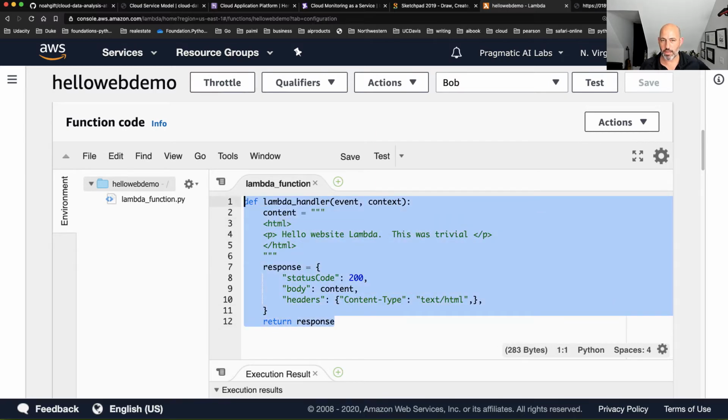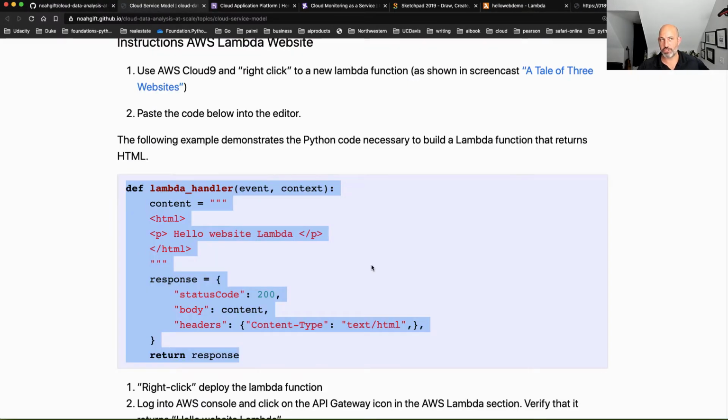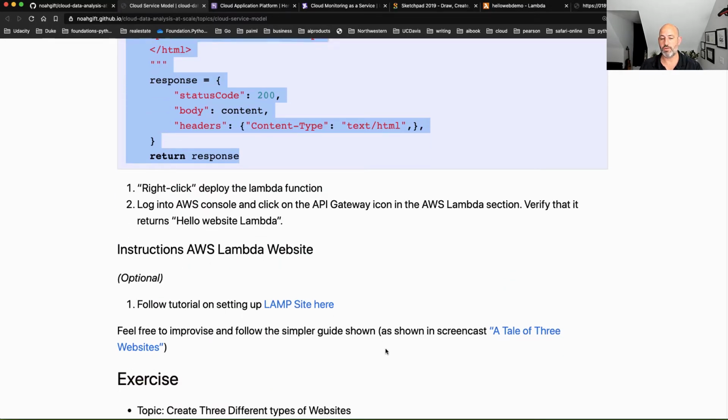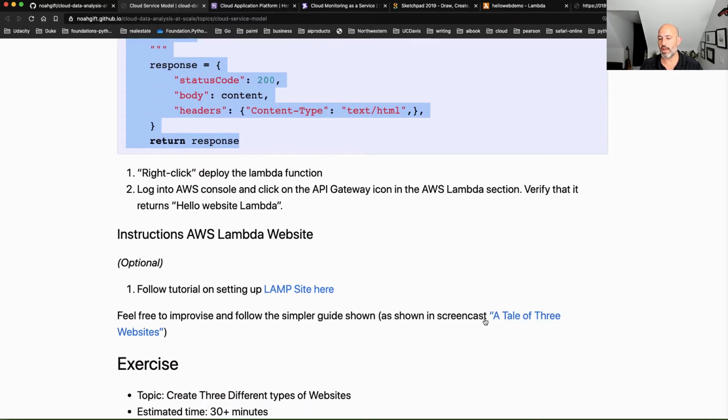So what I would recommend is that I showed you the easy one, so go through these exercises, try to build a virtual machine one, build an S3 static website one, and then also do one with an actual virtual machine where you can follow the example, and I walk you through all of those in here as well.